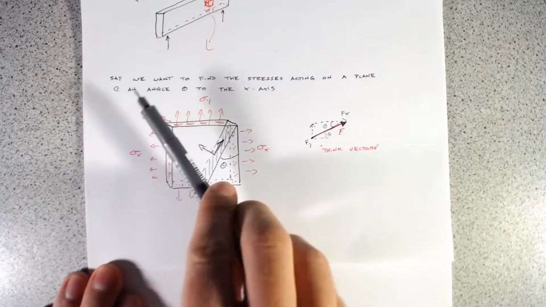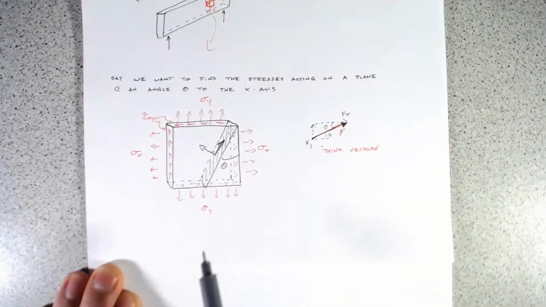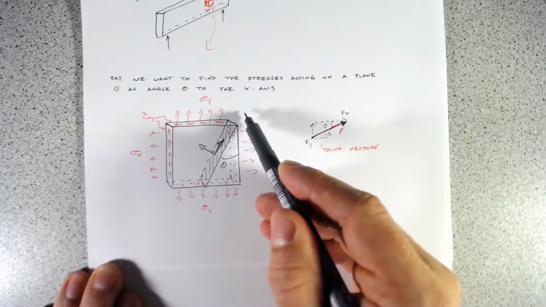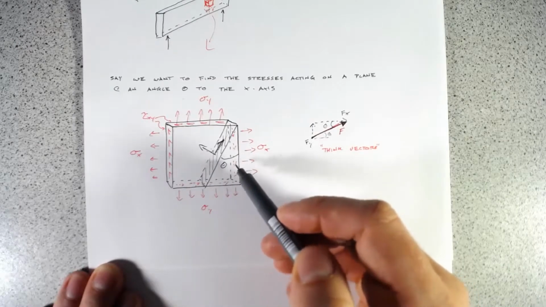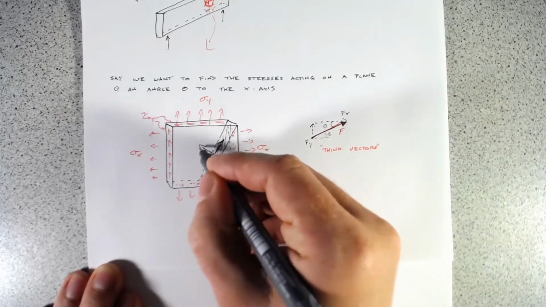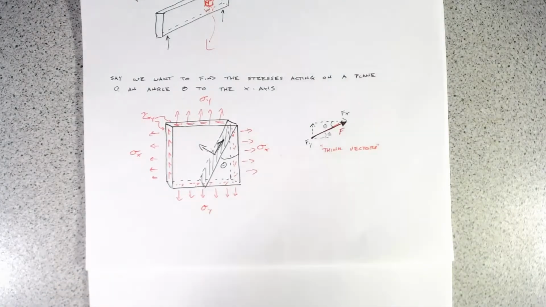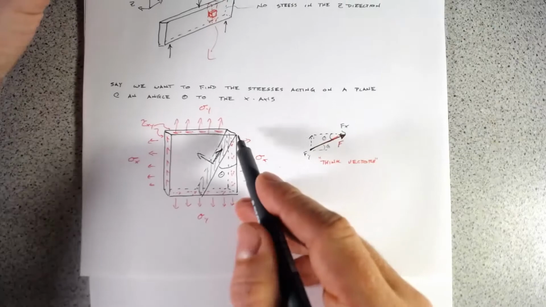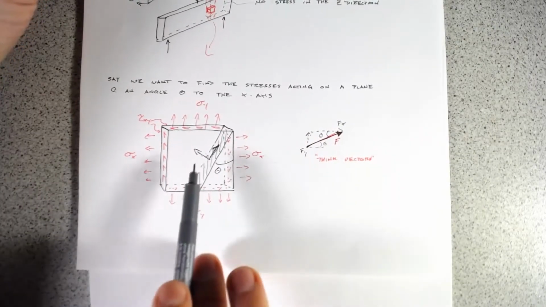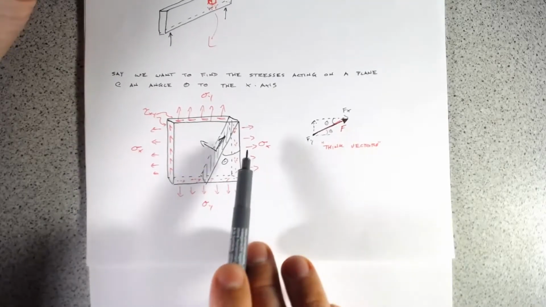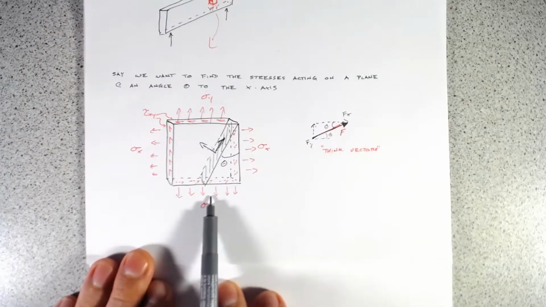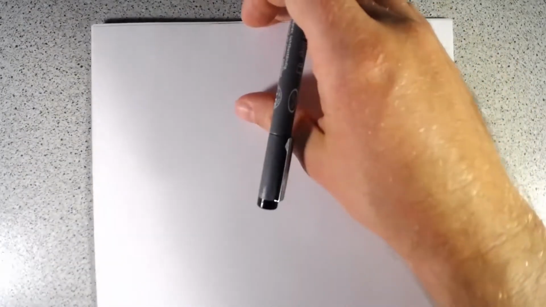If we're going to rotate this little block around, that's really similar to taking a slice through this block at some angle theta, and looking for the equivalent normal force on that slice and the equivalent tangential force on that slice. So let's just do that. We'll draw a free body diagram, and look at the equivalent forces in the x direction and in the y direction, and normal. So bringing this over here, let's draw our free body diagram